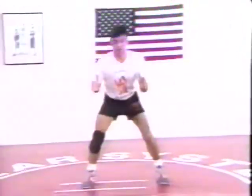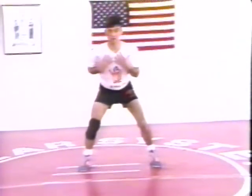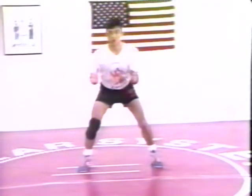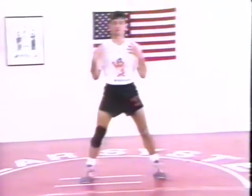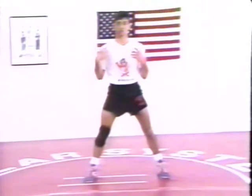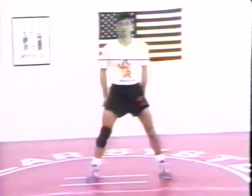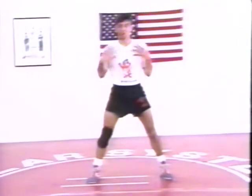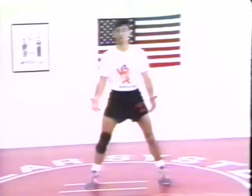Okay? And what I see right here is our body is upright. We're staying up high in this position. What I'd like to see, and what I've changed in my stance, is I've lowered my body. I've taken my head and shoulders, my forearms, everything, and I've lowered it. I'm not necessarily lowering my butt, but I'm lowering this position here to the mat